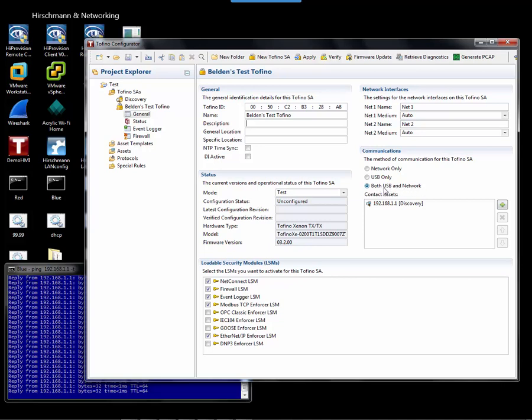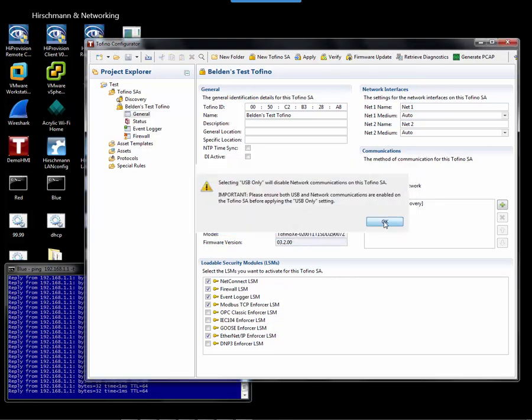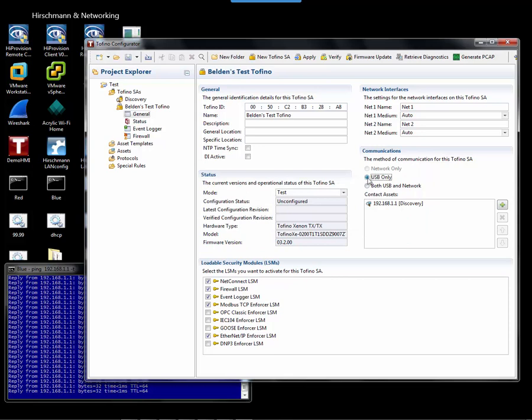What this means is that if I would like to configure the Tofino only across the network or only through a USB, I would be utilizing sneaker power to transfer the configuration via USB from the PC that's running TC to the Tofino, load it onto the Tofino. The Tofino will then put a signature on there saying that yes, I have this. You then plug it back into the PC. You would then verify this, and it is a little bit of a